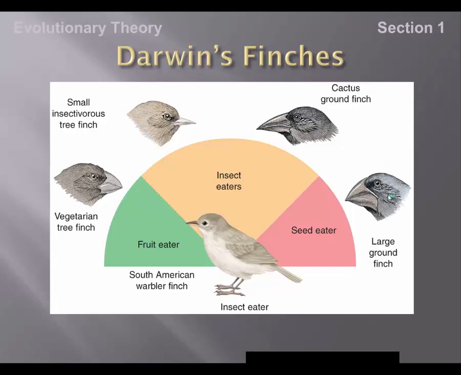So here are a variety of the finches that Darwin looked at. You can see the bill shapes are quite a bit different between a number of them. Some of their bodies looked quite different, and so you would think that Darwin's ideas would be disputed based on the fact that the body structure and body shape looked quite a bit different. But he used some supporting evidence to help explain why he believed what he believed.